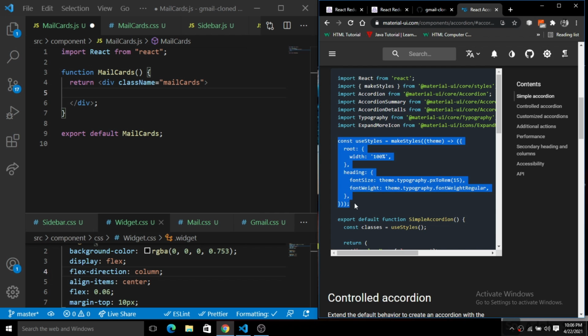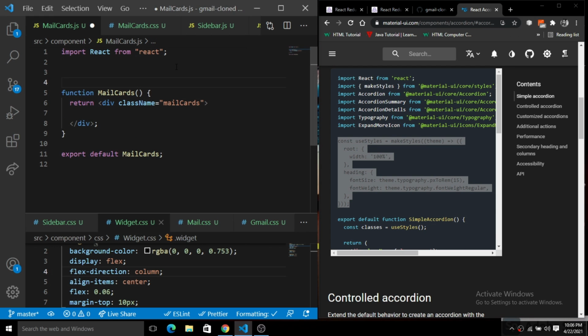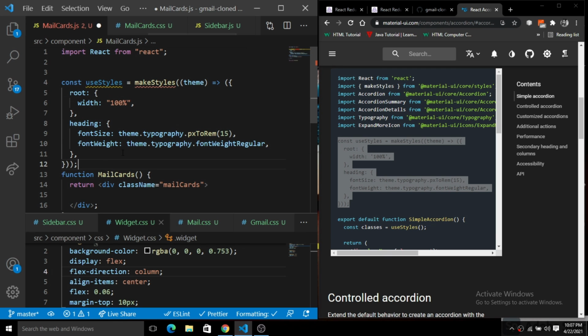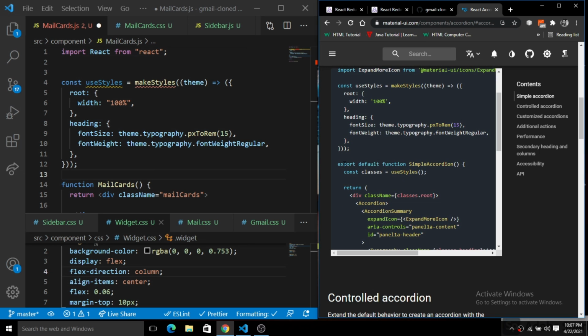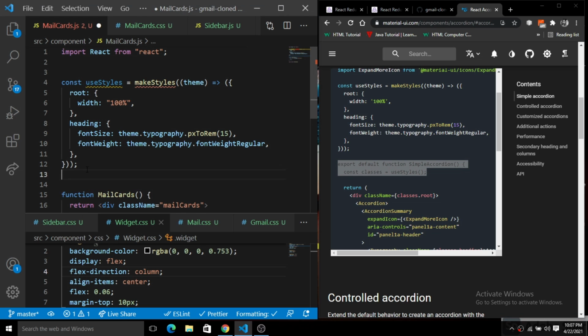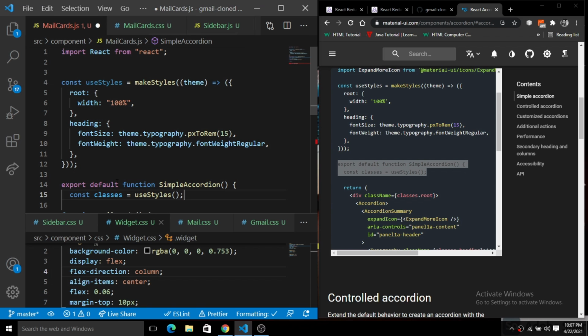First of all, let me copy the user style and paste it down here. Next we have the accordion functional component, so also paste it there. Just remove this default and export, because it is fine now.